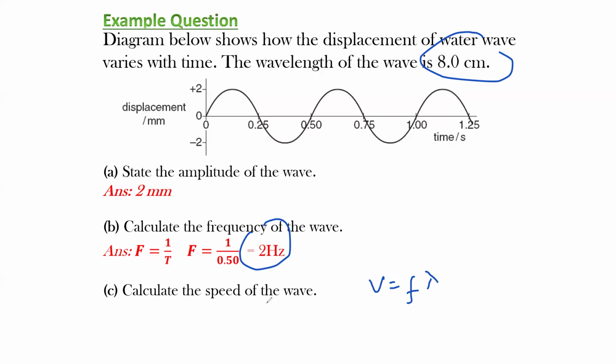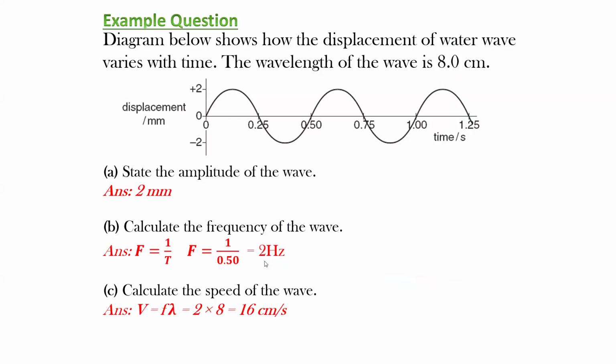So 2 multiplied by 8 makes 16 centimeters per second, because the speed is frequency multiplied by the wavelength. So 2 vibrations per second, and the wavelength is 8. So the total speed will be 2 multiplied by 8, which is 16 centimeters per